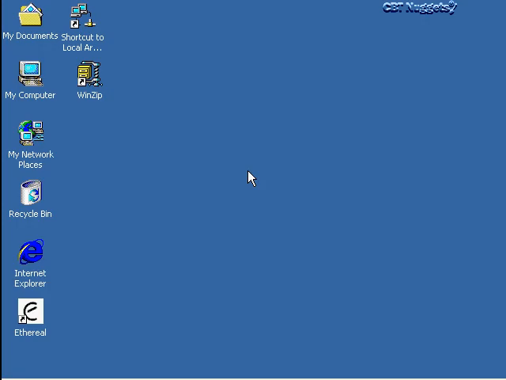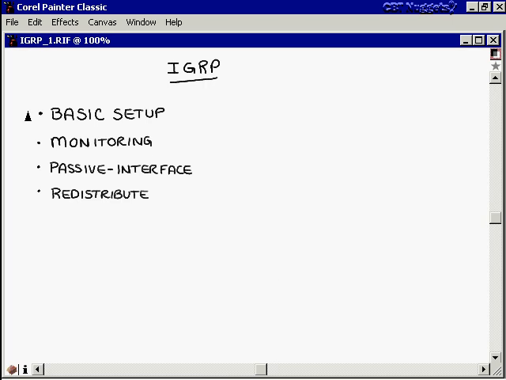The Internet Gateway Routing Protocol, also known as IGRP, is a proprietary protocol created by Cisco to improve the functionality of basic distance vector routing protocols. In this nugget, we're going to cover the basic setup and the commands associated to start up IGRP on a router. We're also going to look at the commands we use for monitoring to show the operational objectives being met